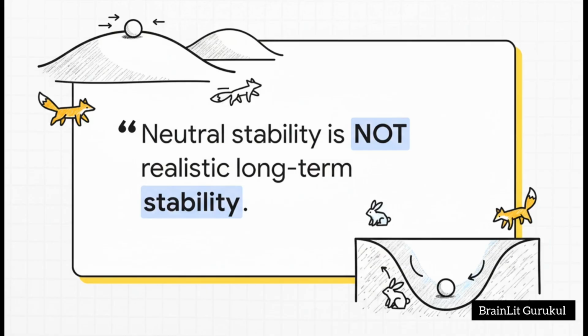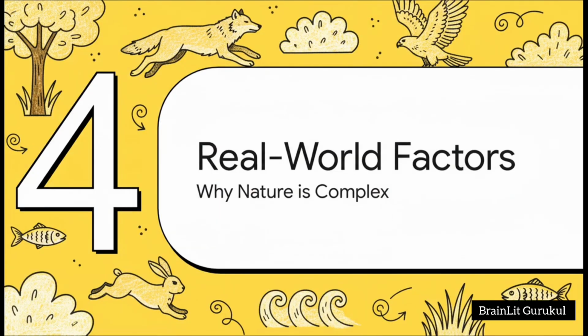This brings us to a really crucial point that often trips people up. That neutral stability from the classic model is a cool idea for a perfect theoretical world, but it is not what gives you long-term stability in nature. Real systems need that ability to recover, which is the signature of asymptotic stability. So what is it that creates that real, resilient, asymptotic stability?